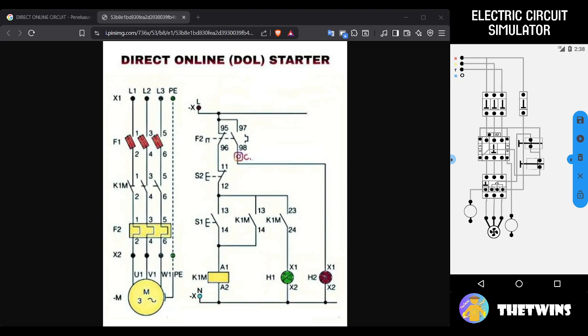Let's reconnect the neutral line from here to here, and there to the contactor, from here to contactor on here. Sorry, move here and it's okay.